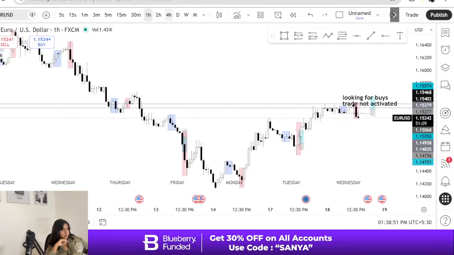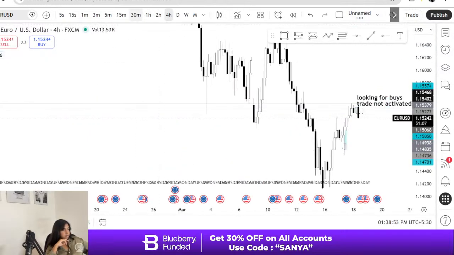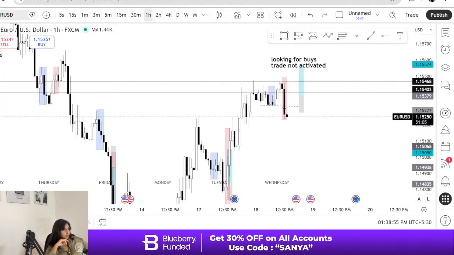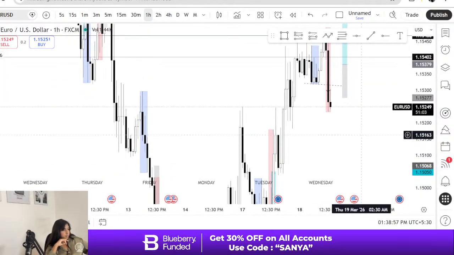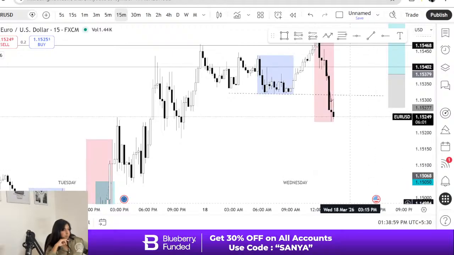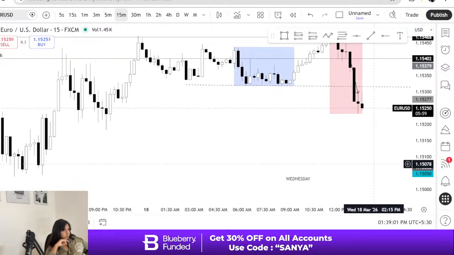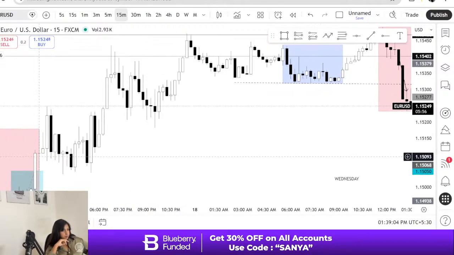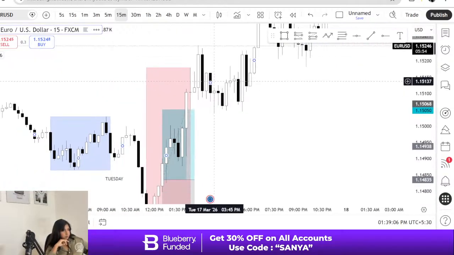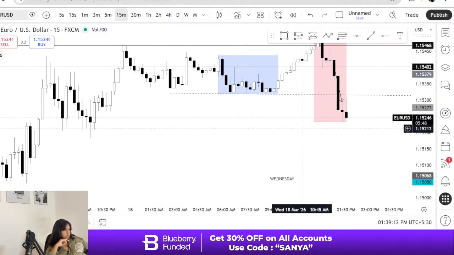Even the euro is flipping out. If the euro is flipping out, I don't think we'll get any buying position. But again, we're just gonna see till 2:30 and